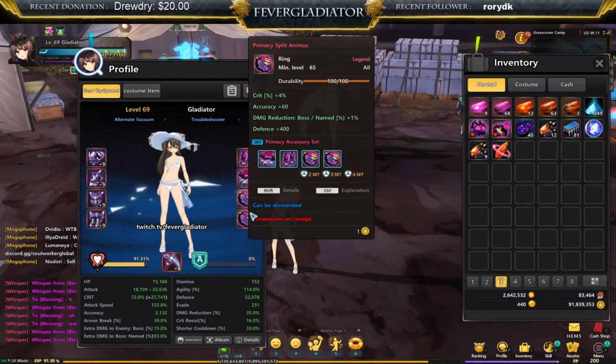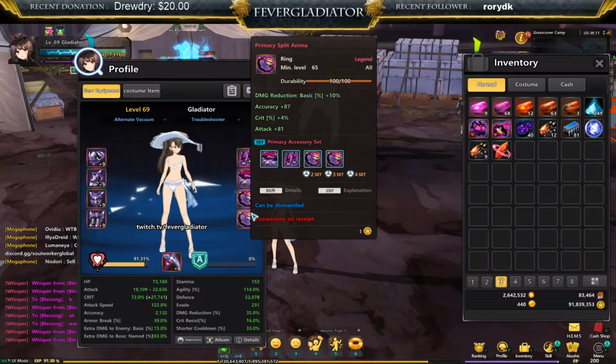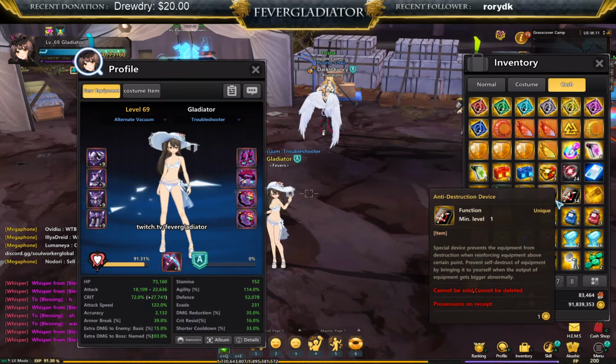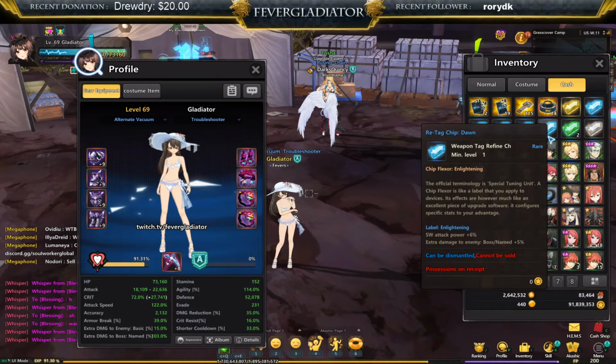Now, rings, you want 4% crit before you get anything else. After 4% crit, if you're short on accuracy, you go for accuracy. Then you can go for attack damage and crit damage if you want. Now, again, I'm going to be saving mine because I don't want to be spending all my resources there. The reason why I'm going to be doing that is because hero gear and for Lunar Fall,